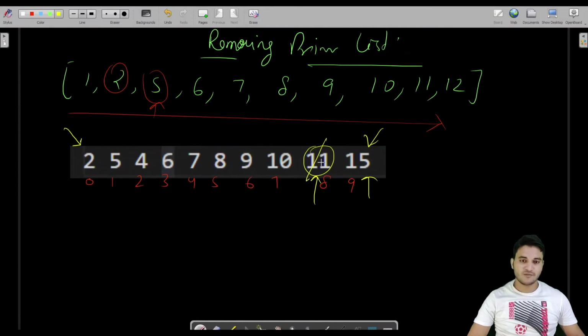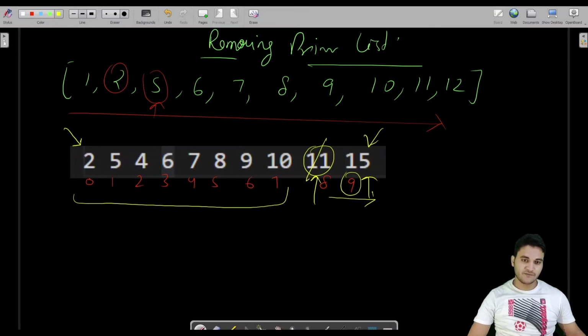If 11 is removed, then the index values for the elements from here to the right will only be decreased for those elements. The left elements would not be affected. And we do not have to care about the right elements. Why? Because we are coming from the right and we are already checking the right elements first. So on the right, only those elements will be left which are not prime numbers.